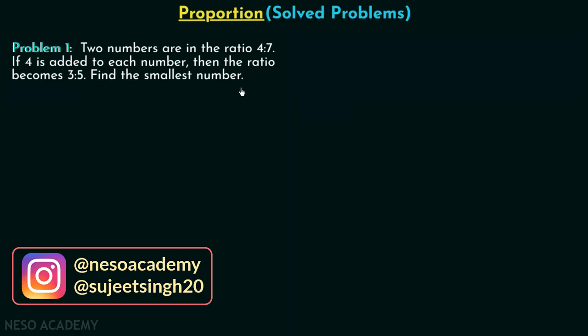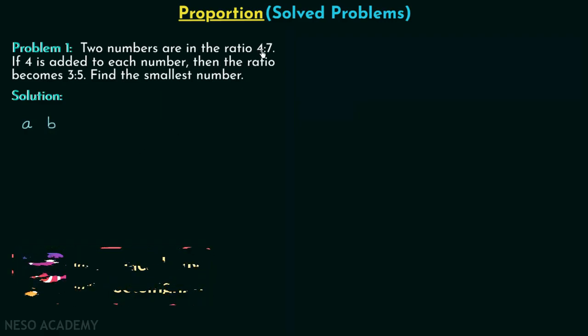Find the smallest number. We have solved problems like this in the earlier lectures, so it is not difficult to understand the solution for this problem. So we will now move on to the solution. We have two numbers, and let's say the first number is A and the second number is B. And as per the question, the ratio is 4:7. So A ratio B is equal to